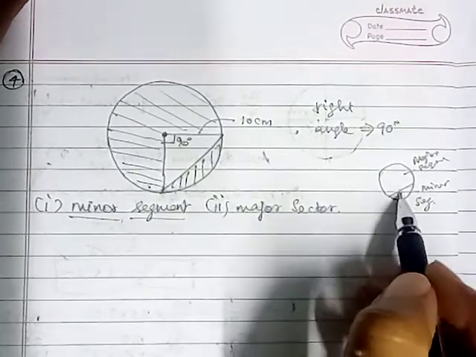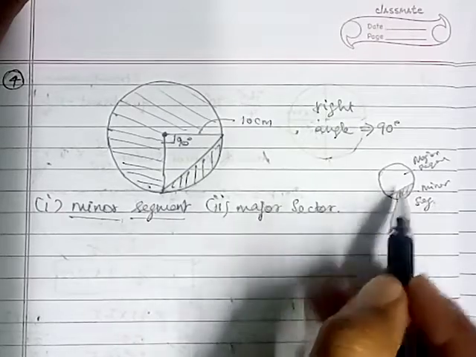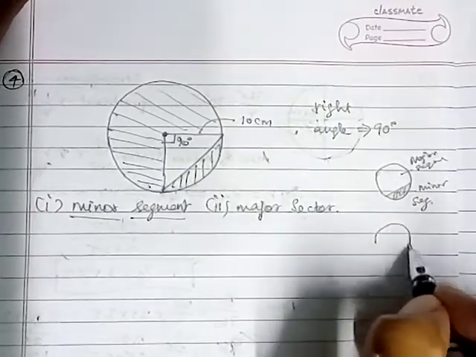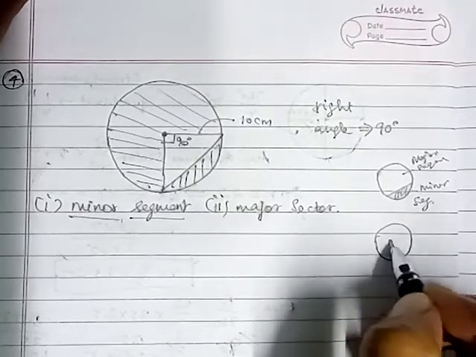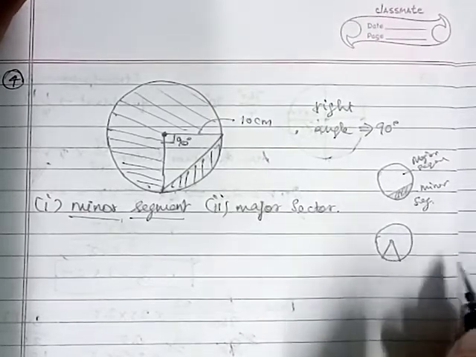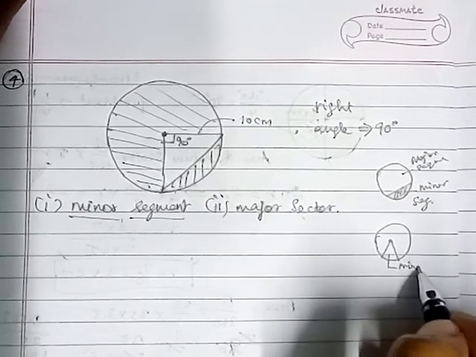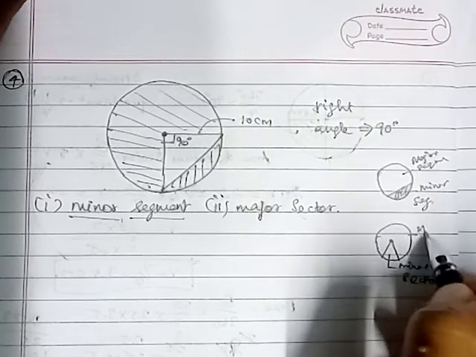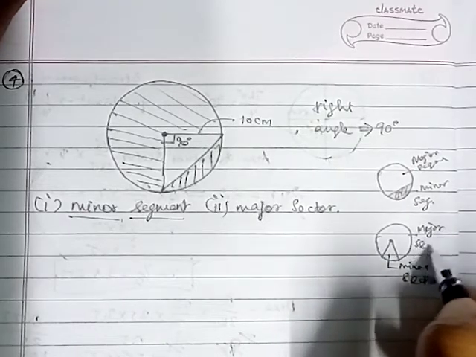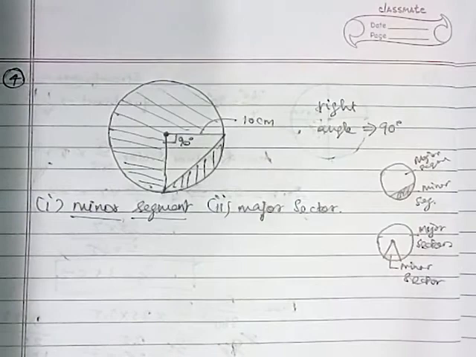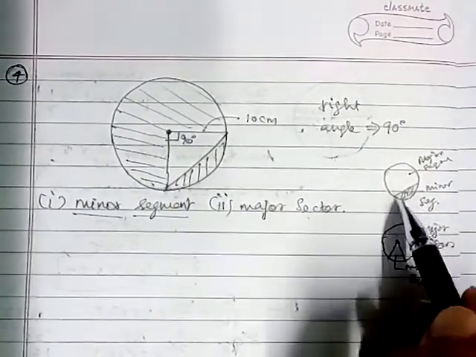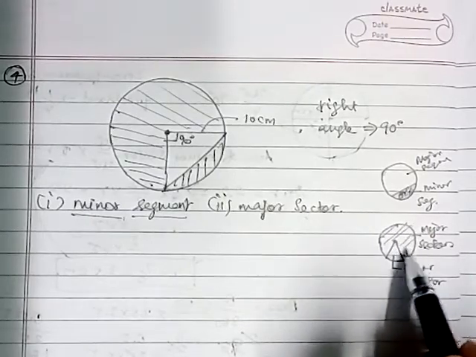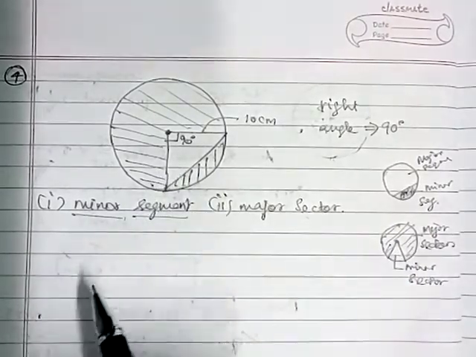மைனர் செக்மெண்ட்டு. ஸோ இந்த ஏரியா, பட் மேஜர் செக்மெண்ட் கிடையாது, மேஜர் செக்டார். செக்டாருங்கிறது என்னன்னு சொல்லியிருக்கோம் ஏற்கனவே. This is minor sector, this is major sector. ஓகே, இப்போது நம்ம என்ன கண்டுபிடிக்கணும்? இந்த மைனர் செக்மெண்ட் கண்டுபிடிக்கணும். Again we have to find this major sector, not included this triangle.